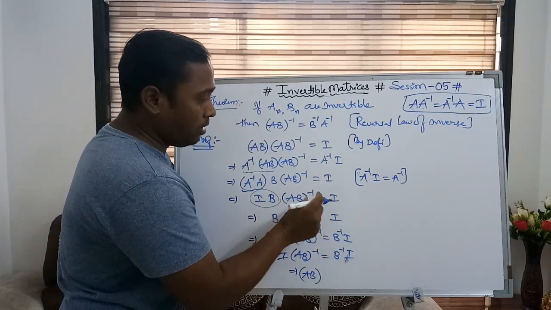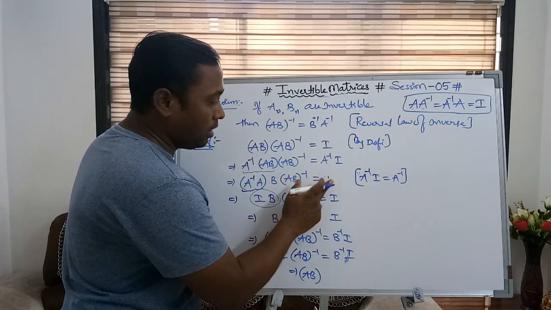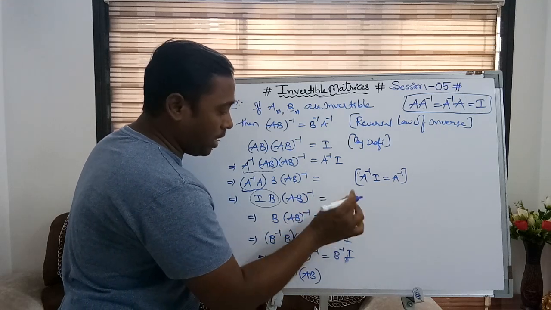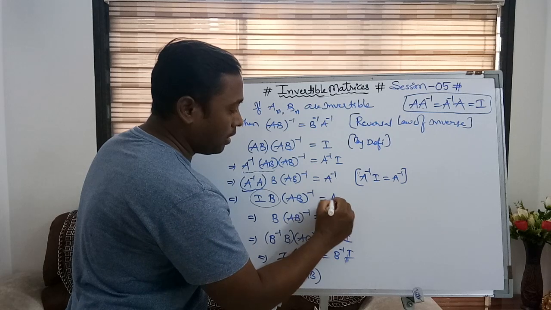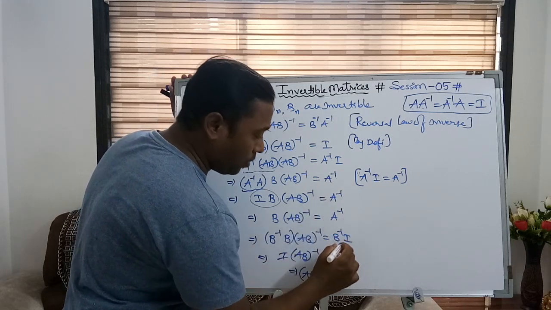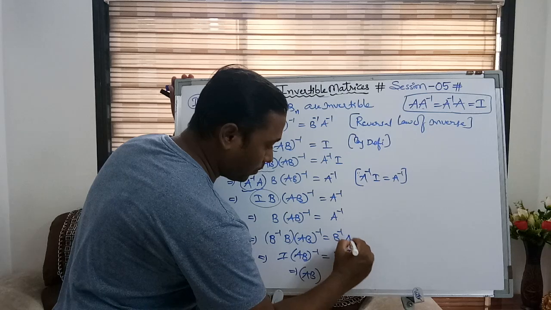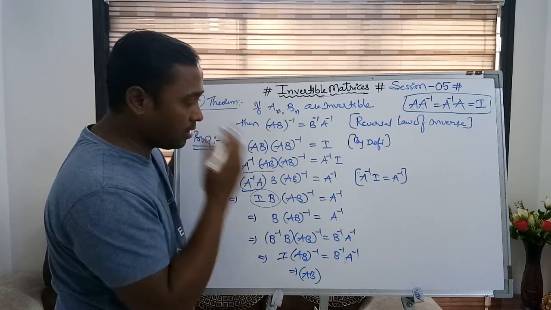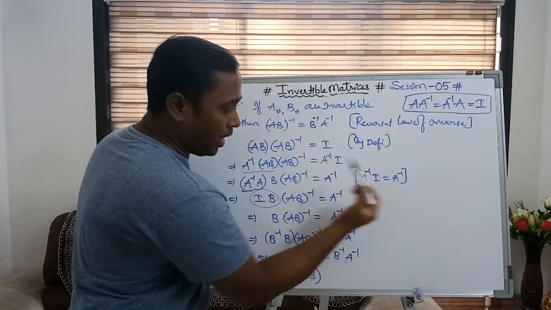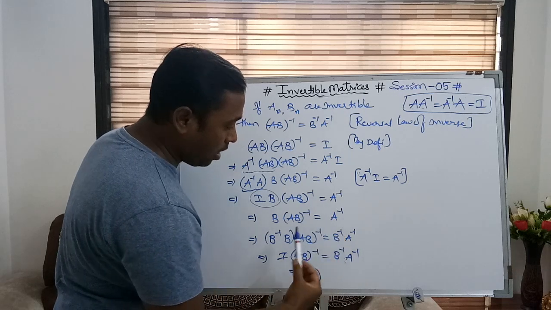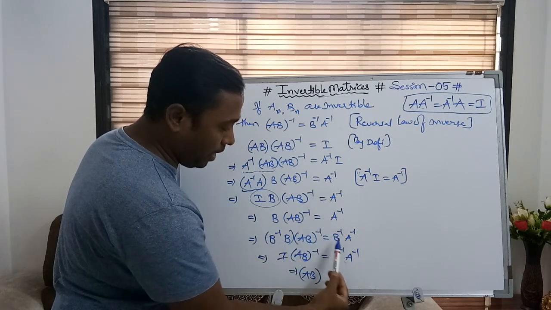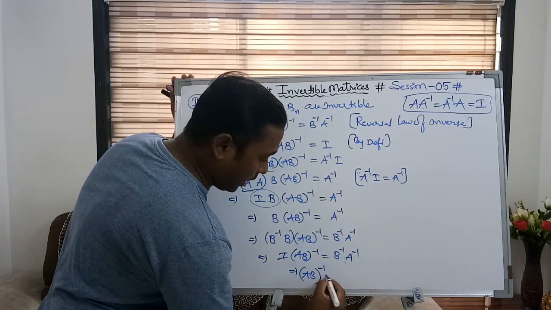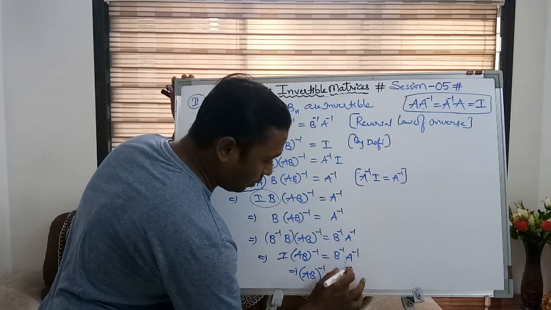Sorry, mistake हो गया वहाँ से. One mistake I have committed here. I have written the reason correctly, but while writing, I took I. So it would be A inverse, A inverse. Okay. So now you can say here A inverse into I is equal to A inverse only. That's why A inverse will carry on, and we are multiplying both the sides by B inverse in this step. Hence ultimately you are able to get B inverse into A inverse.